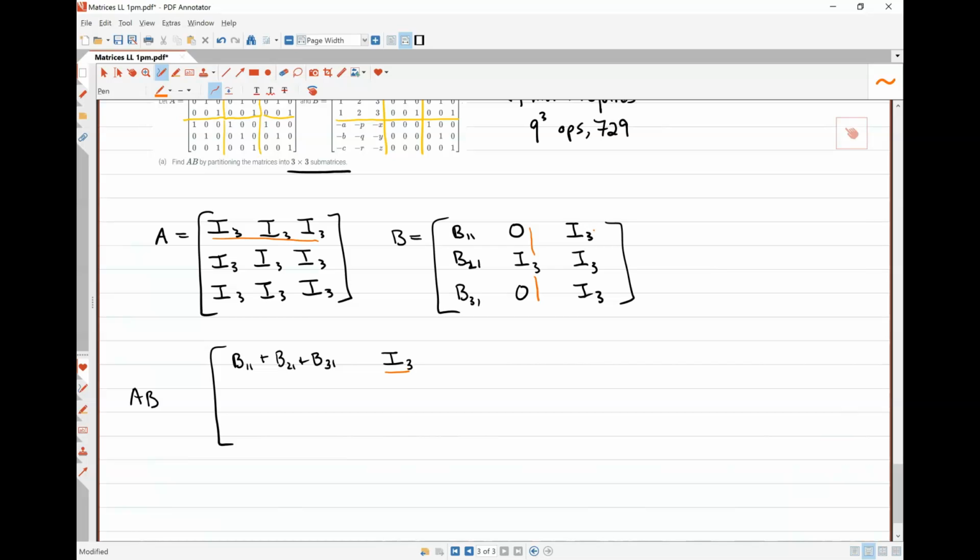And then finally, the last entry in the top row is going to come from multiplying I3, I3, I3 by I3, I3, I3. So think about that, right? I3 times I3 is just I3. And then we add it to itself 3 times. Just make that thought bubble right in your head of